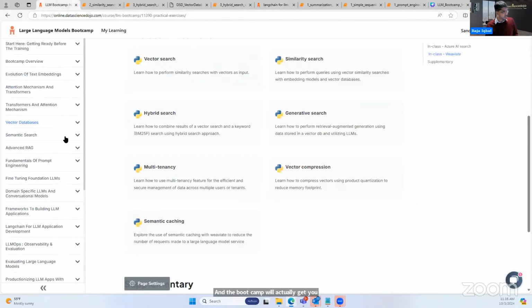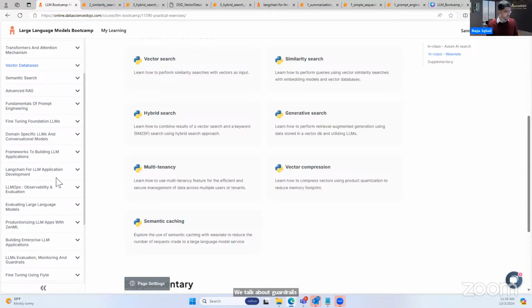Going back to the main bootcamp curriculum, we talk about RAG, domain-specific models, small language models, guardrails and monitoring, all the tracing, etc. Observability, as we call it. We have fine-tuning. When we talk about fine-tuning, maybe I can expand on this.